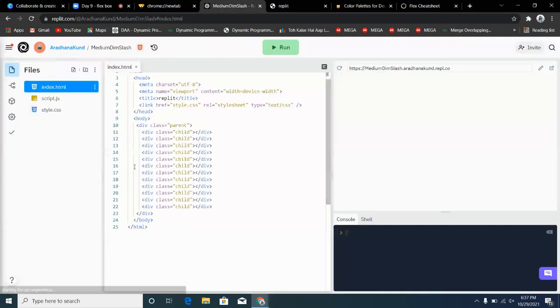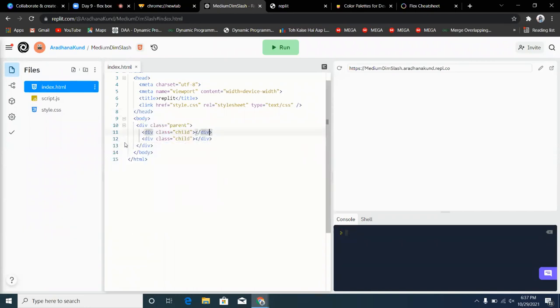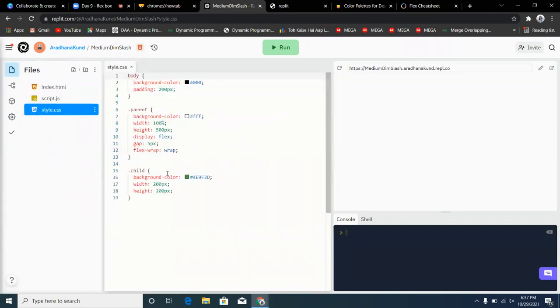Let us go to our index.html and have two divisions over here. Let us give a class name of child1 to the first division and child2 to the second division. Now let us go to our styles.css. Let us keep the child1 style like this, and give a separate style to child2.